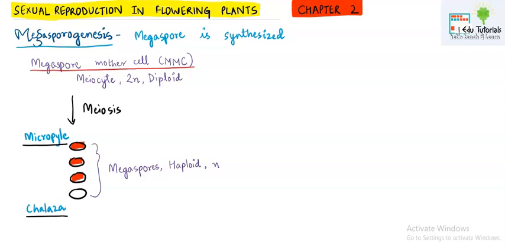Now the MMC number will depend upon how many ovules have to be formed. So the megaspore mother cell will act as a meiocyte. Meiocyte will have double the number of chromosomes as that of the gamete. That's why here I have written diploid and 2n. You already know that meiocyte is the one cell that will undergo meiosis. After the meiosis, we get the gametes. So here the gametes are named as megaspores. Of course, they will be haploid in comparison to the meiocyte.